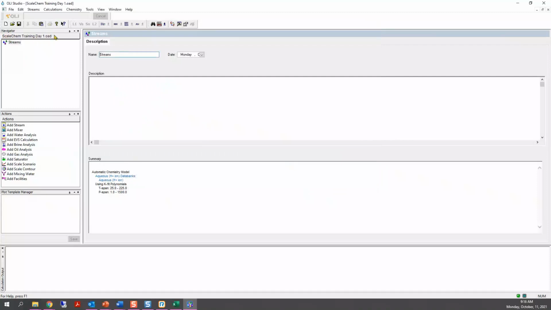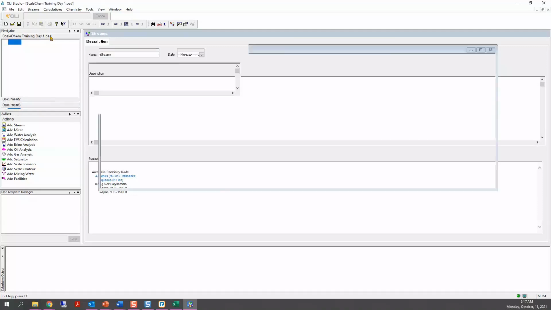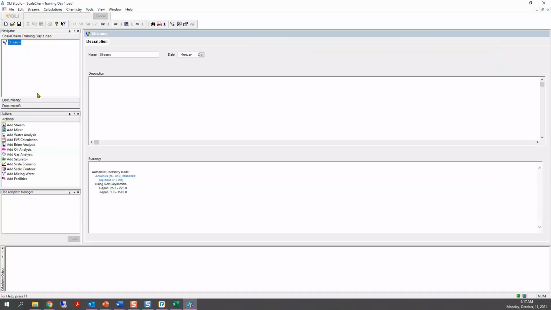Notice that now the name of the file has changed here. Let's say you also want to create a new file. So let's click on this new file here. The second document has been opened here. And you could create a third one. What I want to show here is that you can always go back and forth between different documents in the Navigator panel. That's one of the advantages of this Navigator panel here.